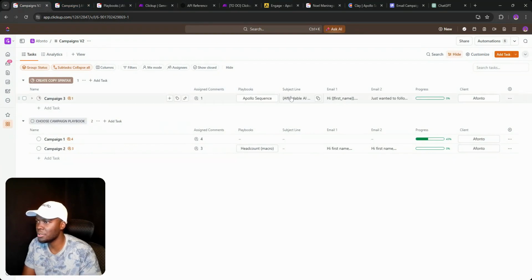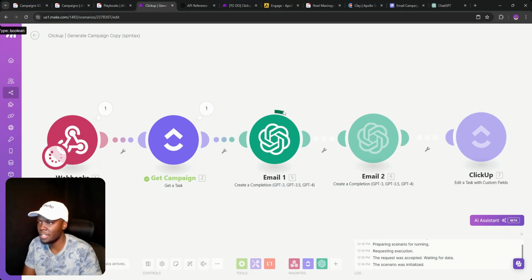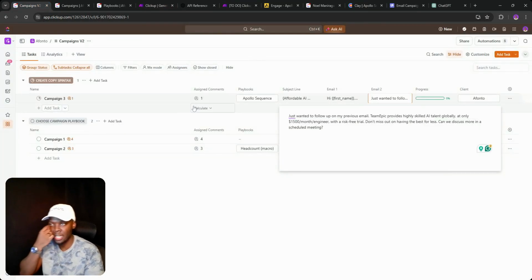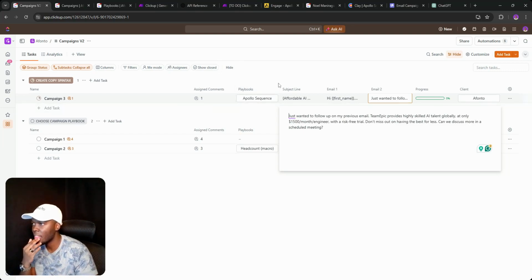And so if we go back to the copy, this is what it looks like, right? Just wanted to follow up, right? So it looks clean. But what we're doing right now is we're creating spin tags. And so spin tags allows us to basically take one email and turn that into dozens and dozens of variations